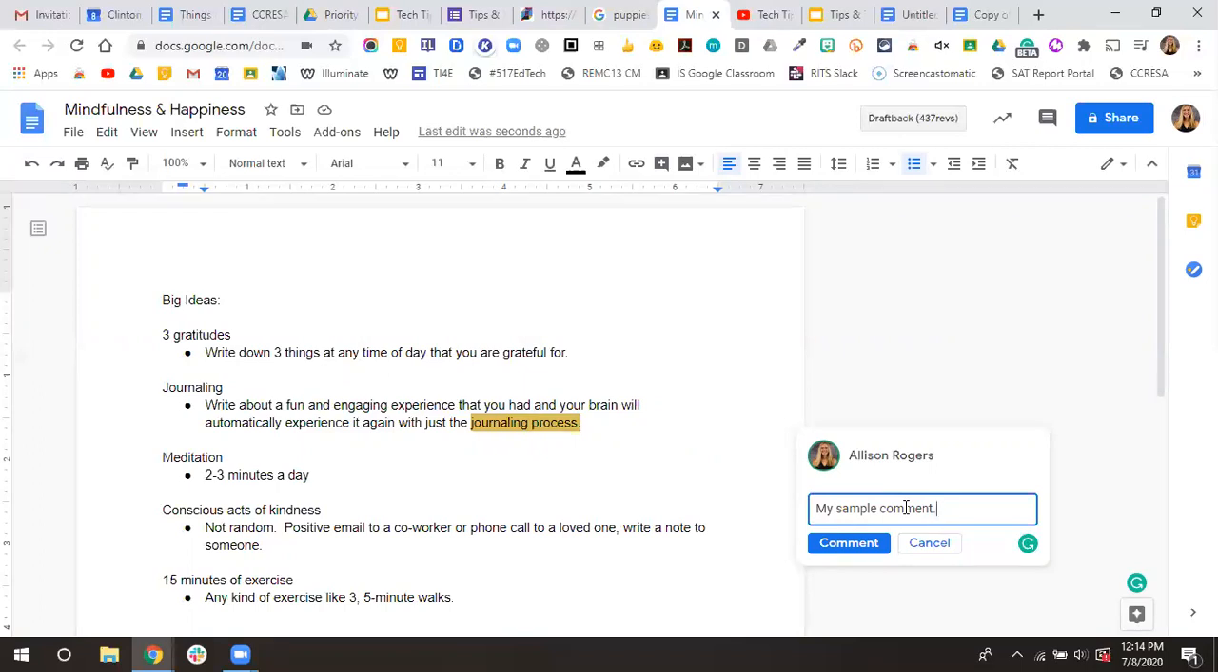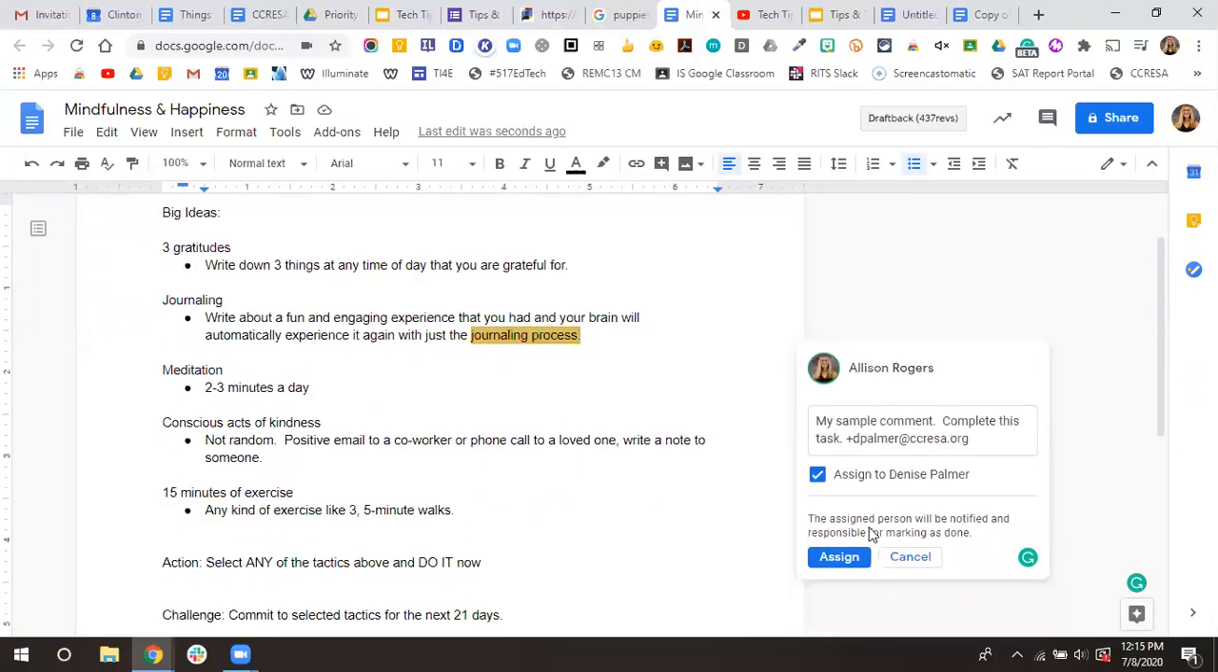So let's say I'm collaborating with someone and I type in my comment and I want them to complete this task, or whatever I'm going to say. I just start by putting the @ sign, and then I start typing in their name. And if they're in my contacts, they'll automatically populate, so I can select them. And so now it's saying, do I want to assign this task to this person? So if I click the little box, it's saying the assigned person will be notified and responsible for marking it done. So when I click assign, it's actually going to send her an email saying, Allison has assigned this task